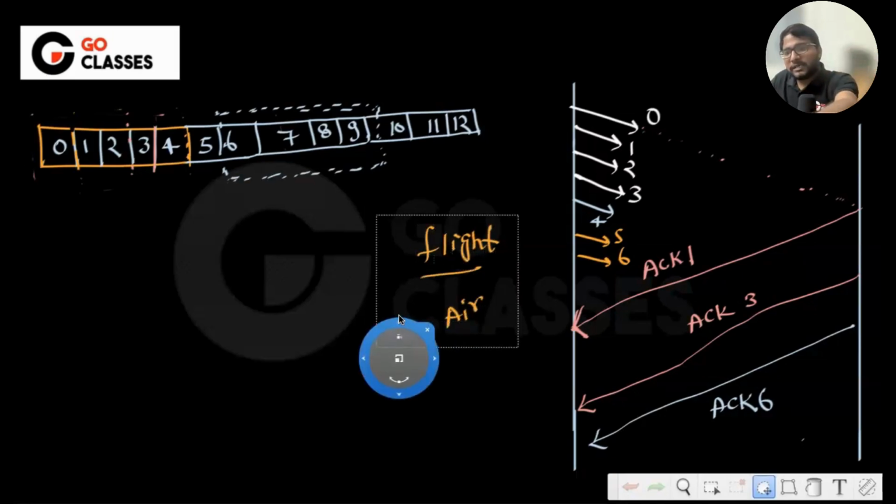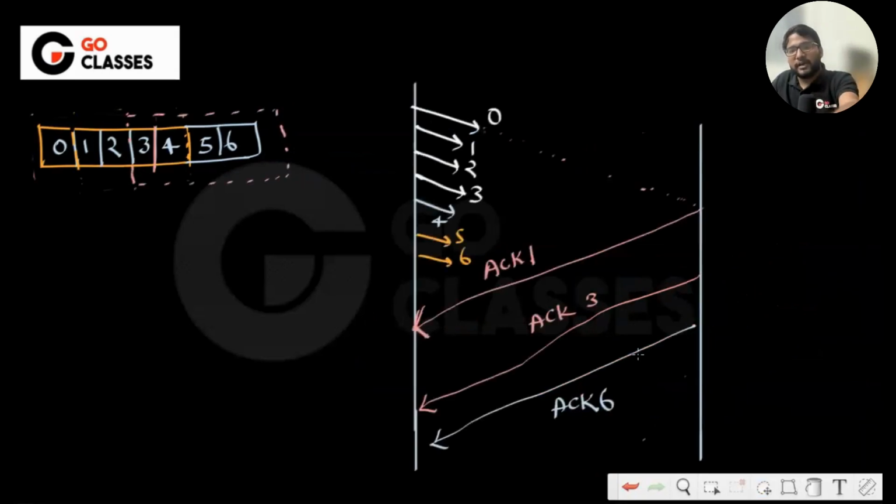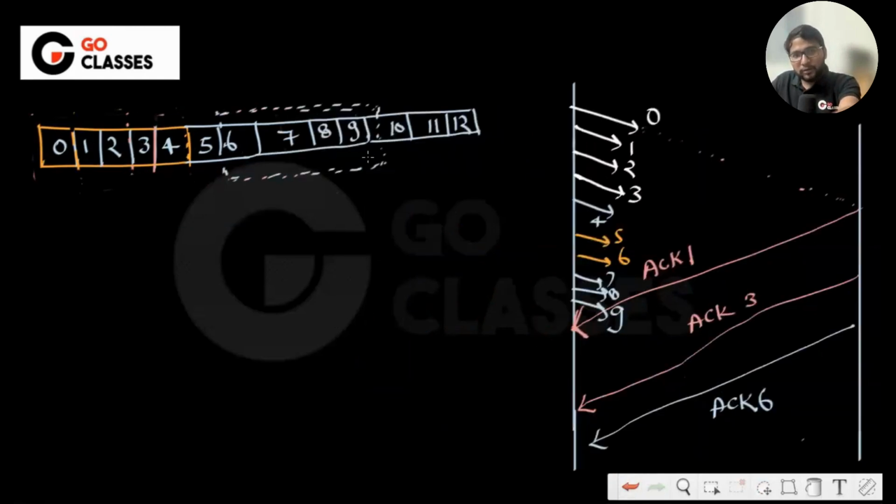So what are the packets that I should be sending again immediately? I should be sending, say, 6 I already sent, then 7, 8, 9. The moment I slide, I immediately send 7, 8, 9, right? So till this 6, whatever is in the window, it should be here. It should be in the window, right? This should match. The moment you have 7, 8, and 9 also in the window, you are immediately sending 7,